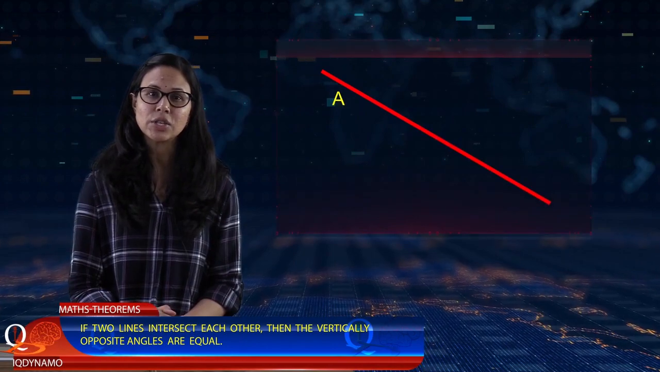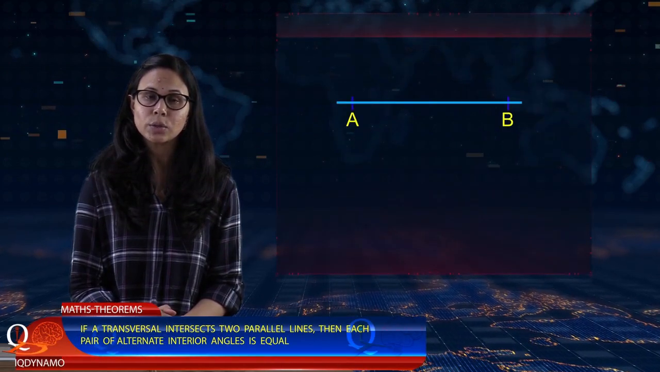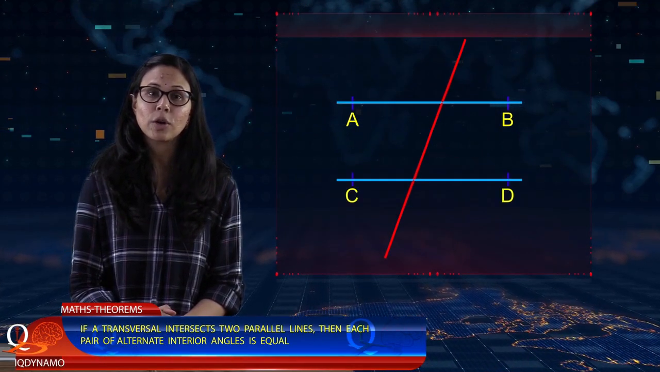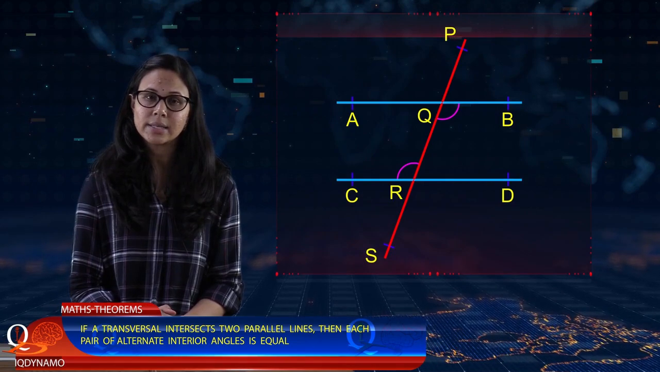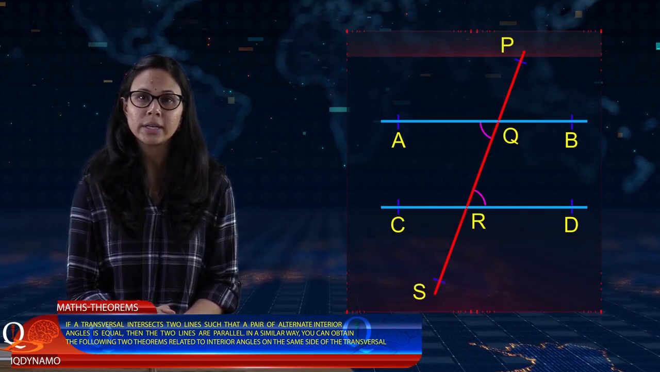Lines intersect each other, then vertically opposite angles are equal. If a transversal intersects two parallel lines, then each pair of alternate interior angles is equal. If a transversal intersects two lines such that a pair of alternate interior angles is equal, then the two lines